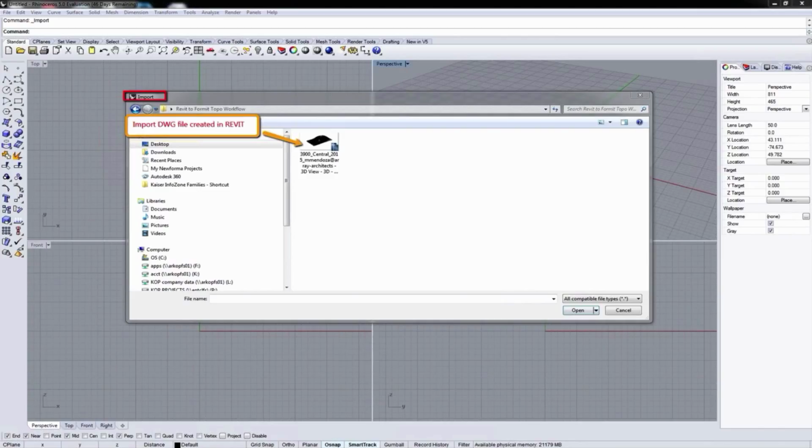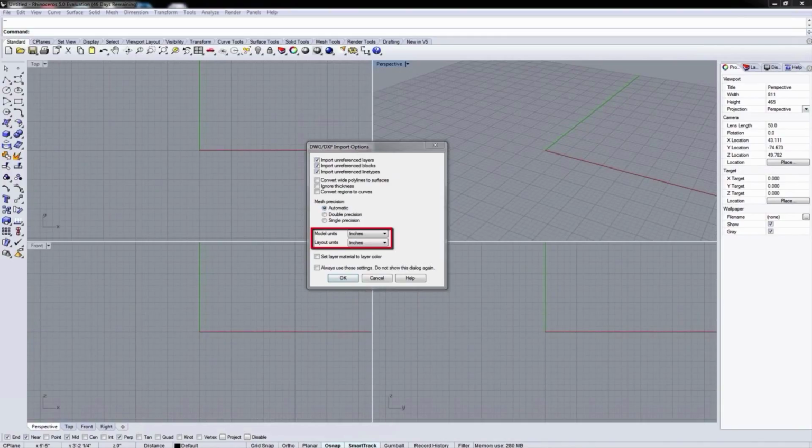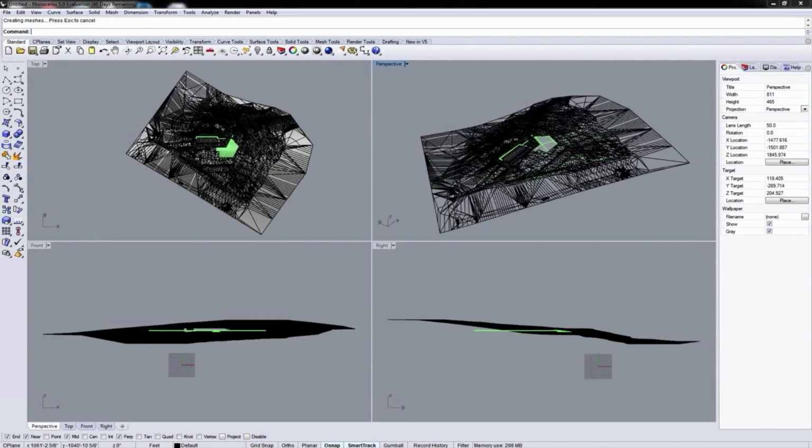We then select that file, the DWG that we created out of Revit. That's that file right there. So we're about to import that now into the Rhino environment. And when we do that, we make sure that we have it set to inches on import, okay? So we set automatic for the mesh precision, and we set our model units to inches on import, and voila, we get the entire model brought in as a DWG, as a series of triangulated, effectively ACISs into